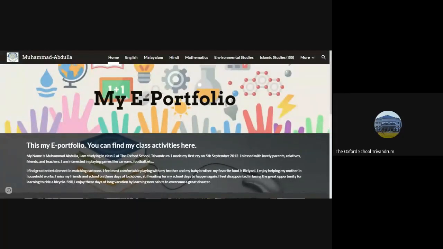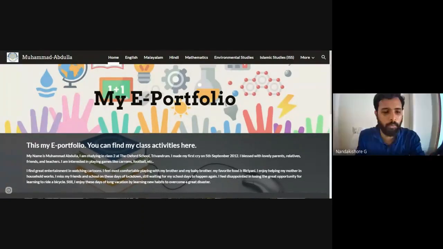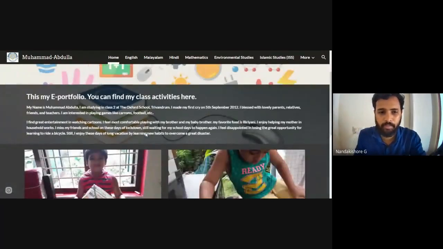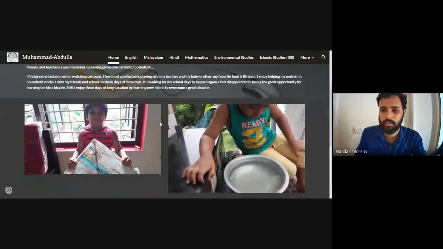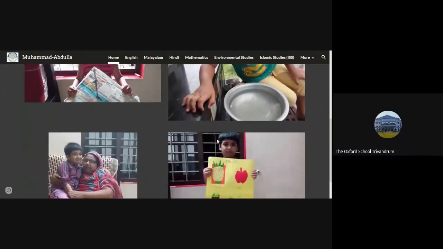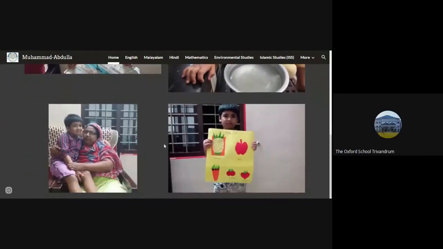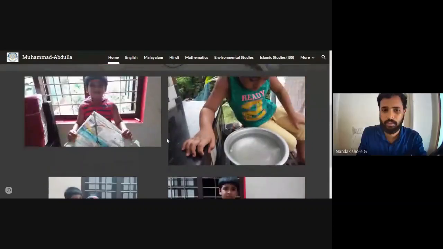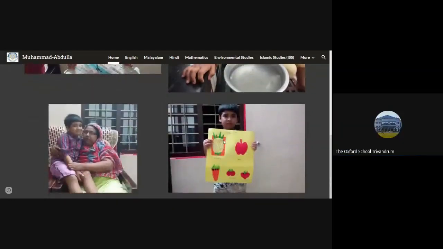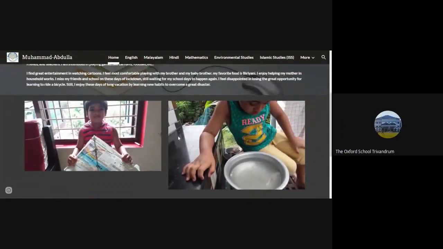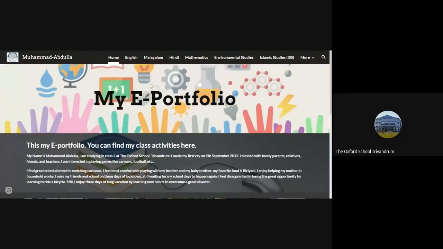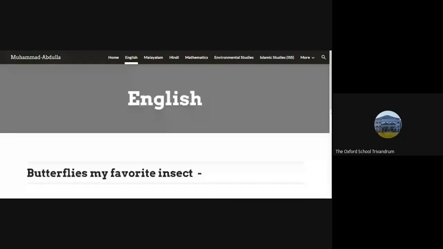Nanda Kishore sir is presenting an e-portfolio from Muhammad Abdullah. This is Muhammad Abdullah of grade 2A from the Oxford School, Trivandrum. These are the activities he has done. His family photo, very good. And he has a homepage, English, Malayalam, Hindi, Maths, Environmental Studies, Islamic, and more are there.